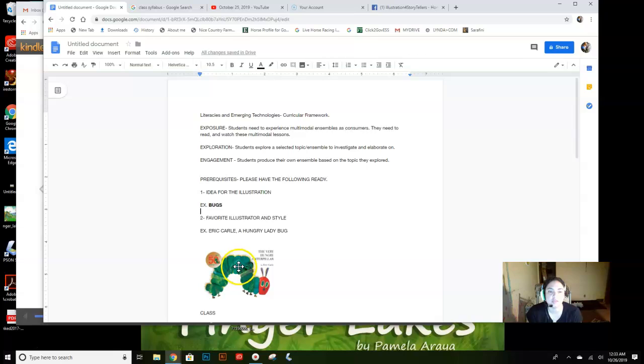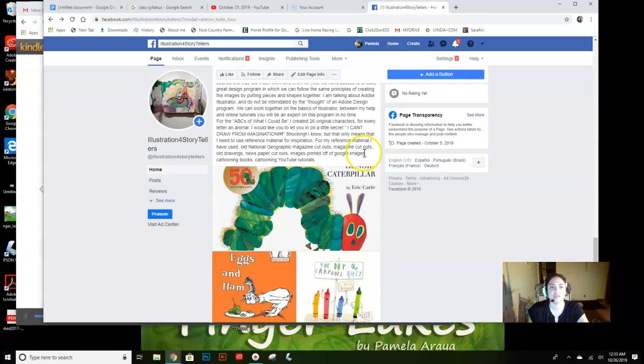So for this style, for the example, I've picked Eric Carle, the Hungry Caterpillar, not the ladybug. He's got a grouchy ladybug, which is I think where I got confused. So, caterpillar. Okay. All right. So I always like to talk about Eric Carle because he wrote this book in 1969,